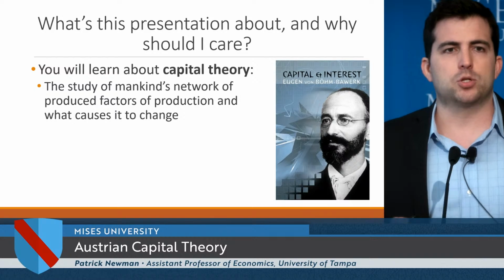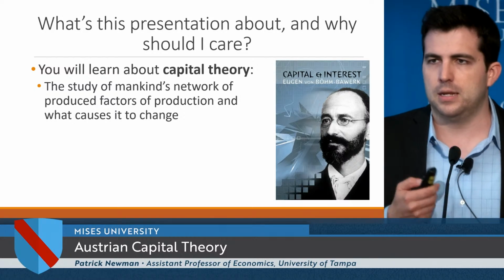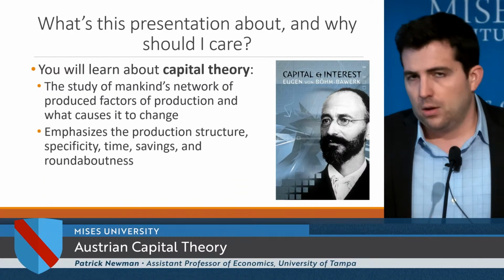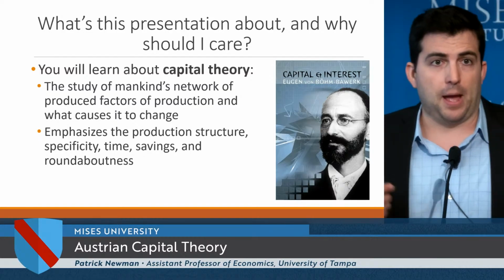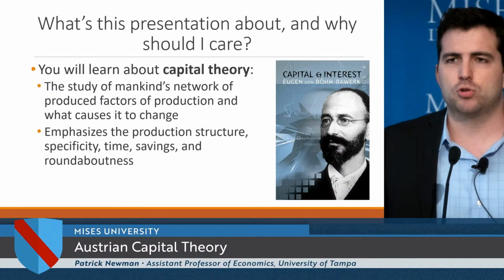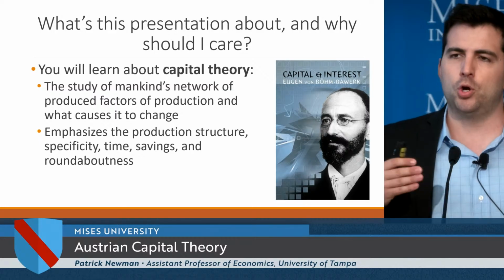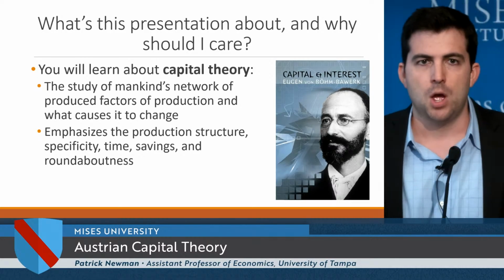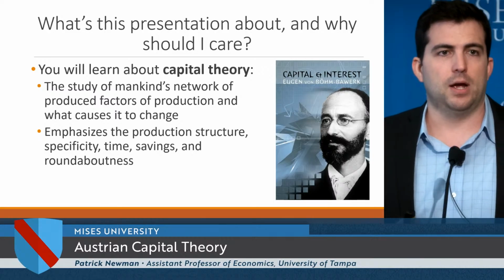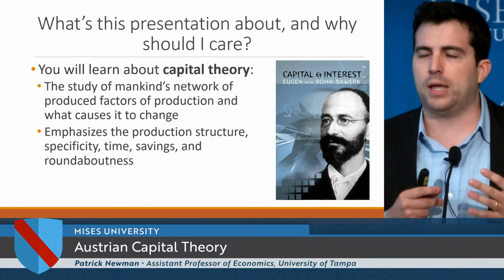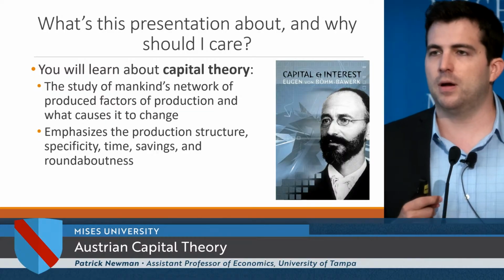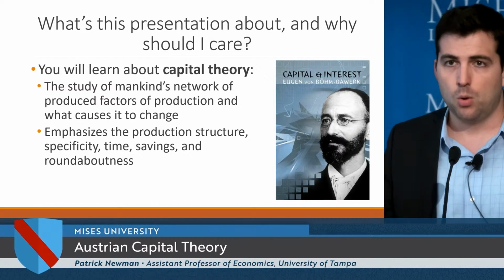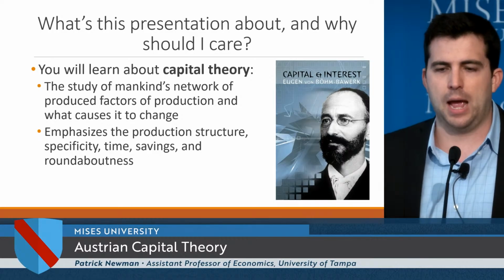And some of the important terms that we're going to cover in this lecture, and some really important concepts in capital theory. We mentioned the structure of production, so we're going to learn about that, right? Or what's also known as the production structure, sort of this temporal pipeline where goods are transformed. Capital goods are transformed into more capital goods and then consumer goods. We're going to learn about specificity, right? So the fact that capital goods, they all can't produce the same consumer goods. Some of them are more suited for certain tasks. Some of them are less suited for tasks. We're going to talk about time, or how time is involved in this.